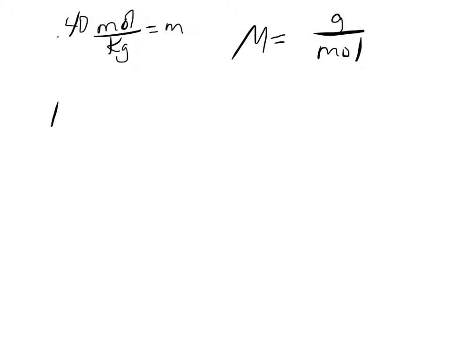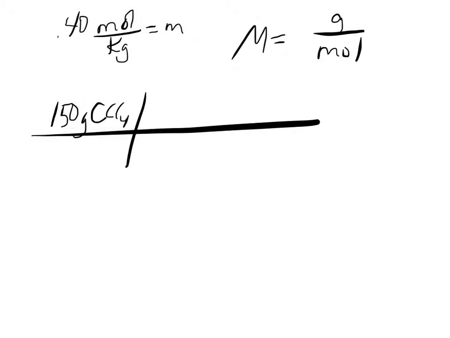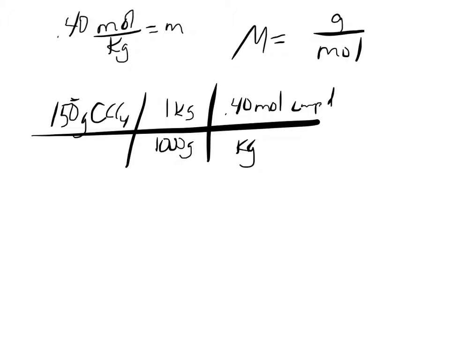So I have 150 grams of carbon tetrachloride. And again, that decimal point was to make the 0 here significant, so this is to 3. Now the change in temperature only gives us 2, so that's probably really a moot point. We need 1,000 grams to 1 kilogram, and then we're going to use 0.40 moles of compound per kilogram of carbon tetrachloride. So again, that's what we get from the molality. This is going to give us 0.060 moles of compound, and we know we have